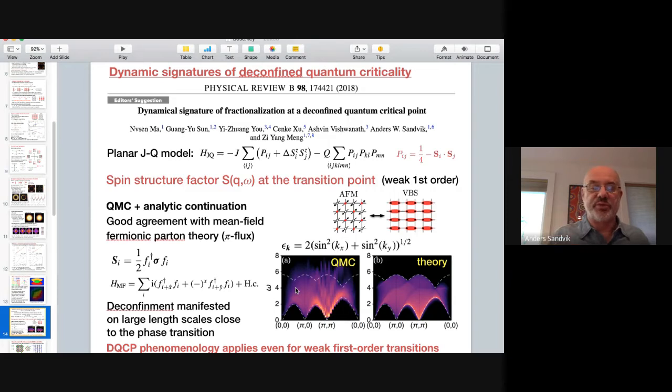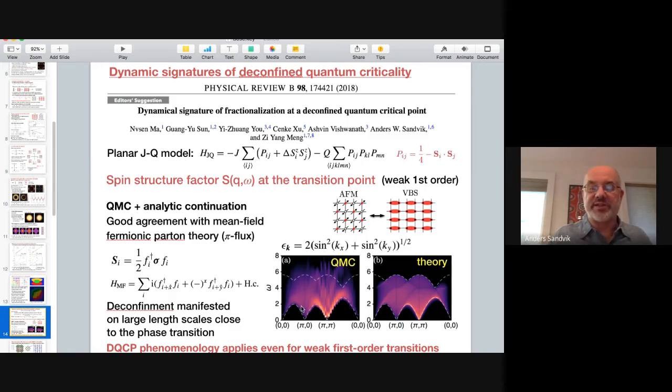picture of two spinons. So when the field theorists here got that information, they immediately realized that that's the dispersion of spinons in Dirac fermions that you get from the square lattice if you put pi fluxes in all the plaquettes. So this is actually that theory at the mean field level. And you see that it agrees, I would say, rather well. So the theory doesn't take into account interactions and so on, so you should not expect it to match completely. So I would say this shows